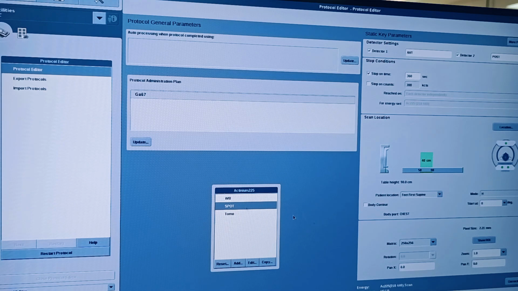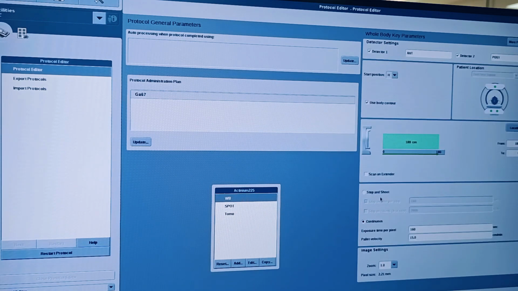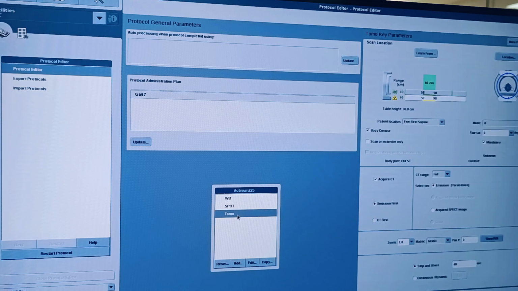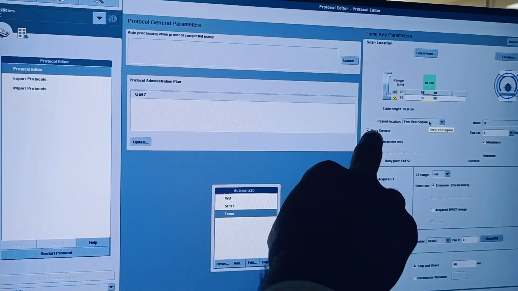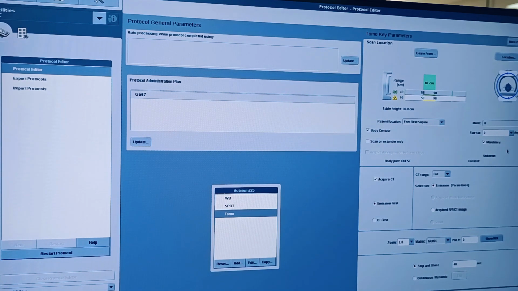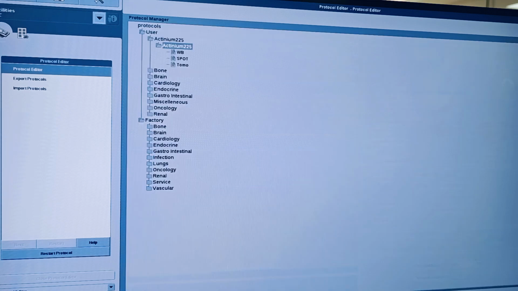Body contour, I think we need to check. This one? For the SPECT, I think. Yeah, manually it's okay. It is already selected, body contour. Let's read first. This is what much? It's 60. Matrix is 64. Okay. So we are done with